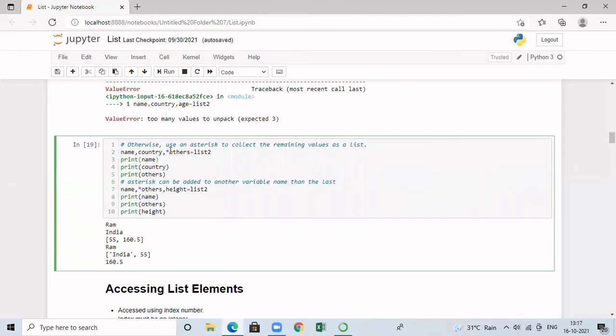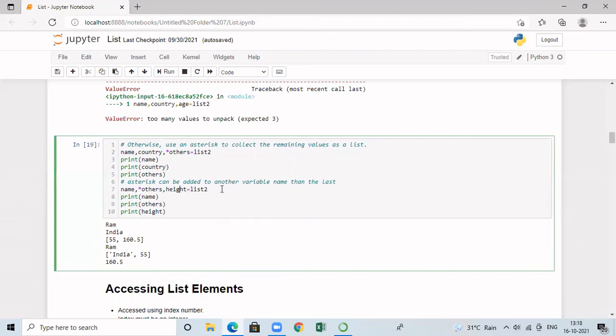We can even specify it on the middle variable. For example, here I have the first variable as name, the third variable as height, and in the second variable, I am specifying asterisk others. Now, how will the elements be assigned? The first is a normal variable. Therefore, whatever is the first element in your list, that will be assigned to the first variable name. And the last element in your list will be assigned to the last variable height.